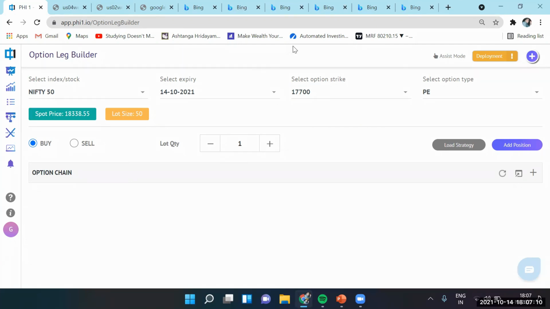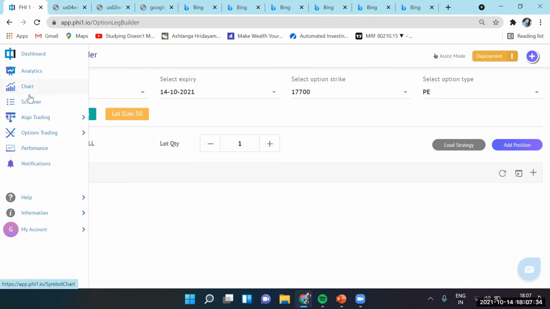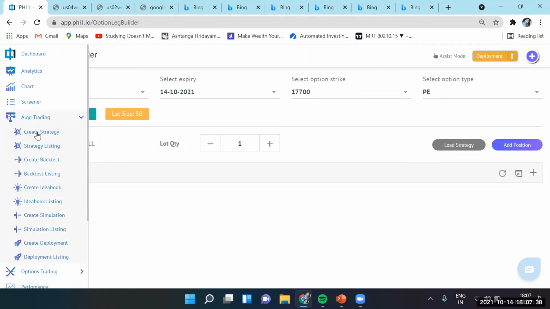Can we select it? Are you able to listen to me? Yeah, just wanted to check on one front: is there any way in which I can use the scripts by creating baskets and all, and it will pick up the necessary script which satisfies the condition that has been given? So that you can do in conjunction with our strategy editor.